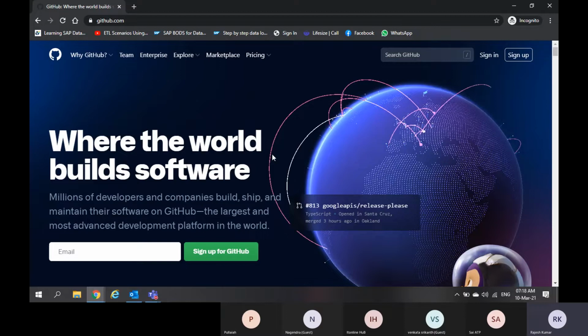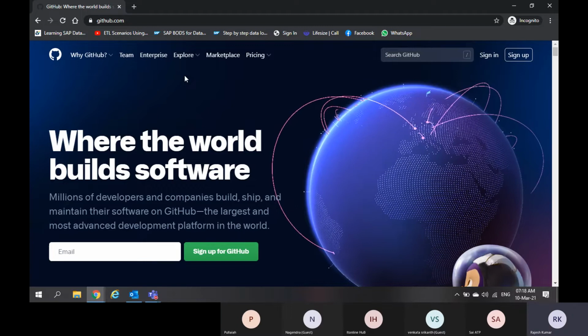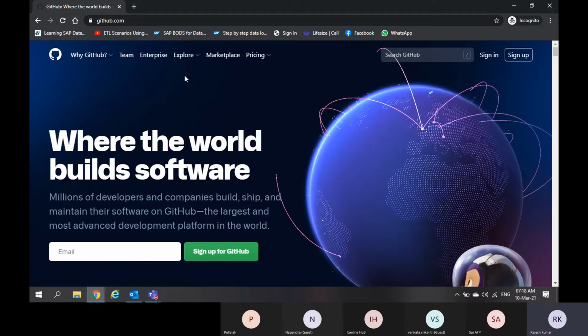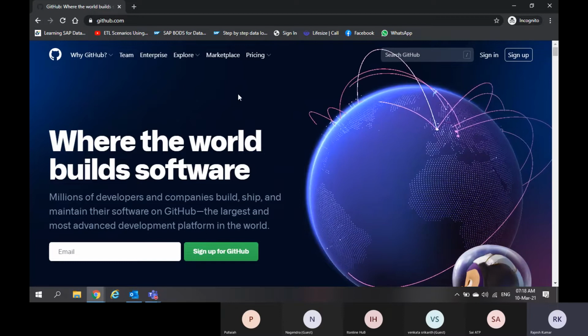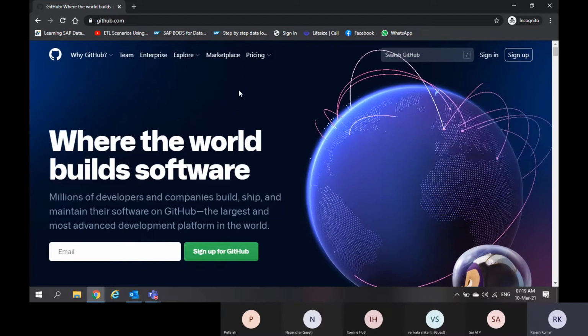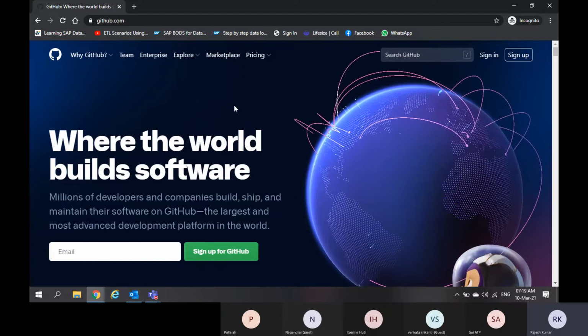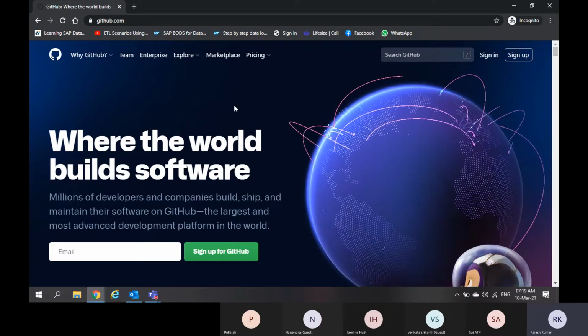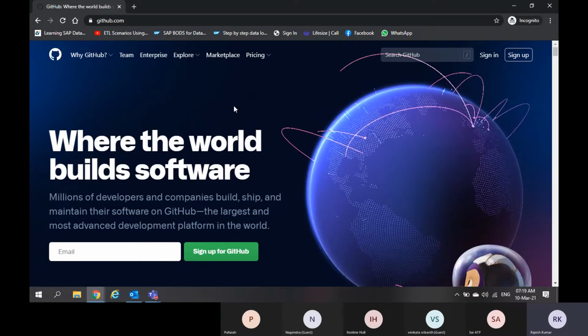In the year 2018, I believe, GitHub was acquired by Microsoft. So now GitHub looks different, but it is part of Microsoft. Git was majorly used on the GitHub platform, where GitHub is used to share the source code with multiple people across the globe.